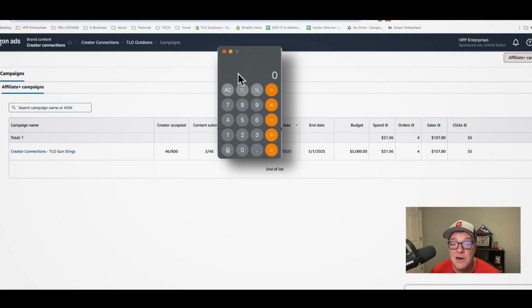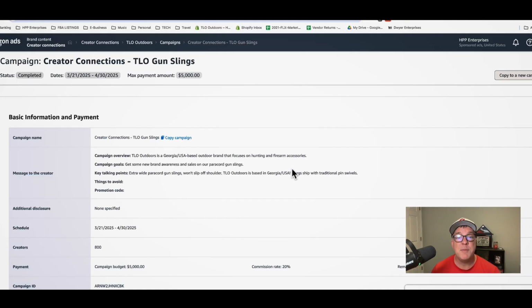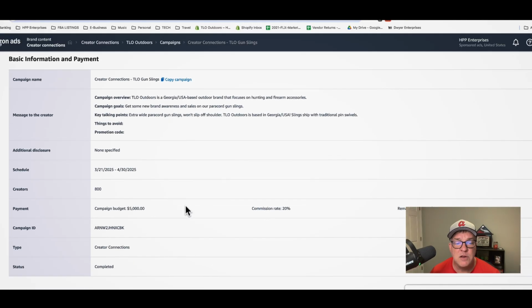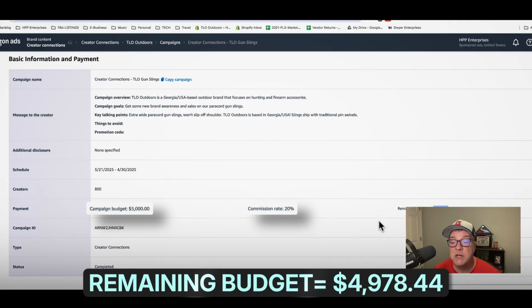So you can see here, $21.56 in spend. Remember, I didn't spend that up front. That is the amount of commission that got paid to the creators, divided by $107.80 in sales, which is 20%. And you can see that further when you come in here and click on this: the budget, $5,000, the commission rate, the 20, remaining budget,